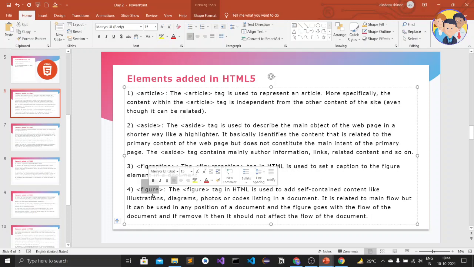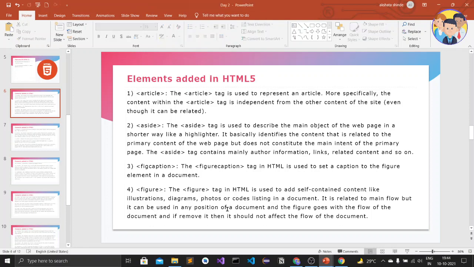And what is the figure element? The figure tag in HTML is used to add self-contained content like illustrations, diagrams, photos, or code listings in a document. It is related to the main flow, but it can be used in any position of a document, and if removed, it should not affect the flow of the document.